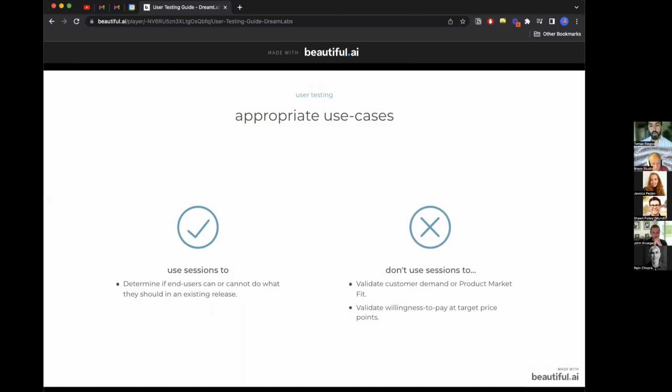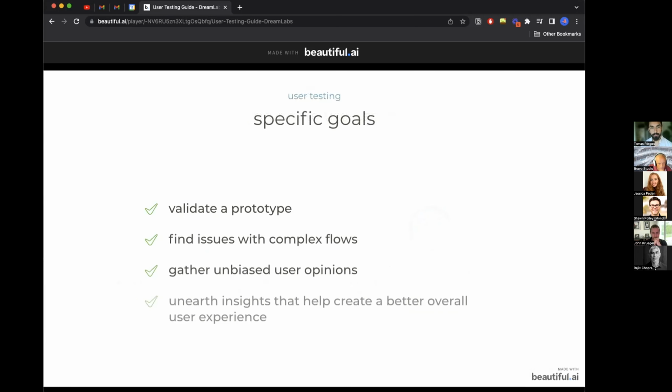And what this framework is not for is validating customer demand or product market fit, or even validating willingness to pay at different target price points. There are different frameworks and processes that you can run that are much more targeted on those. So we definitely want to distinguish what this is for and what it's not,